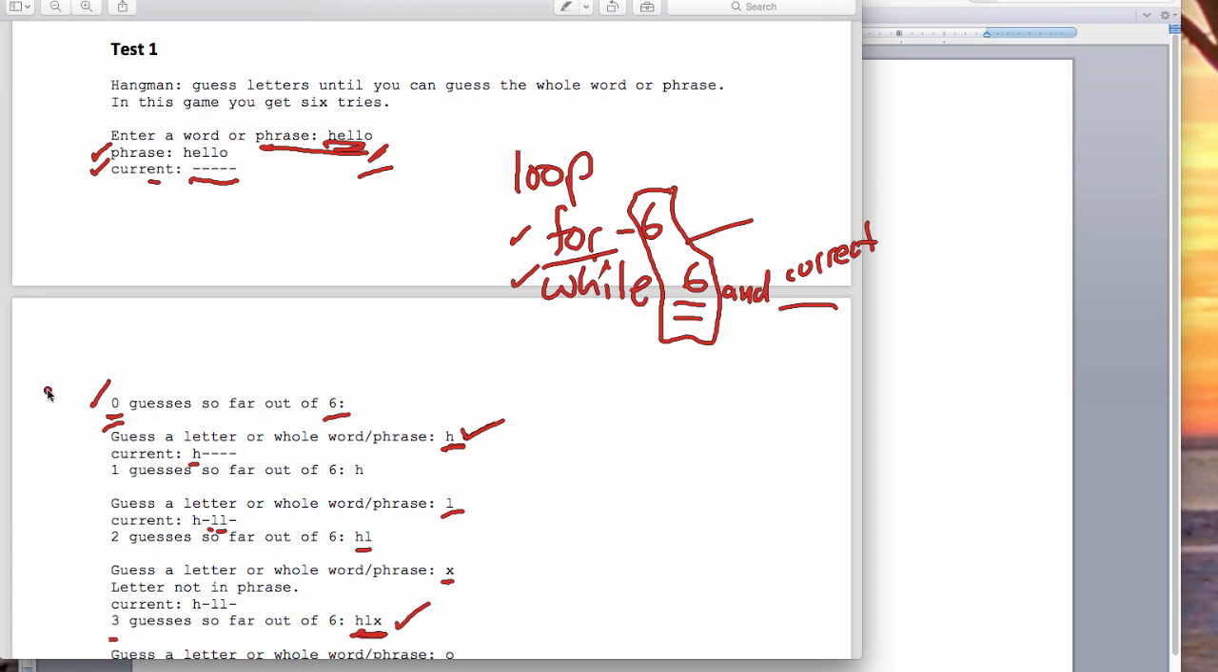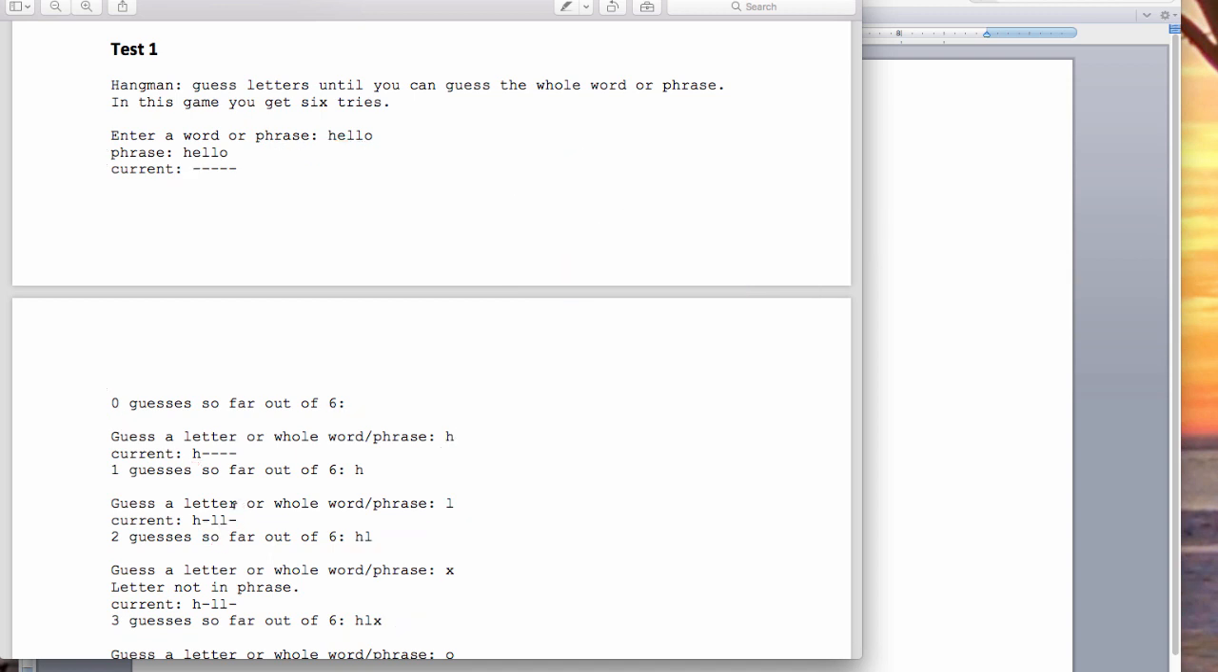what I'd like to do is talk about this part of the project, which is how do I take my current and fill in the letters. You know, I filled in an H, and then I filled in the L's, and then there was no guess, so that didn't change. How do I go about doing that? Well, let's take a look,